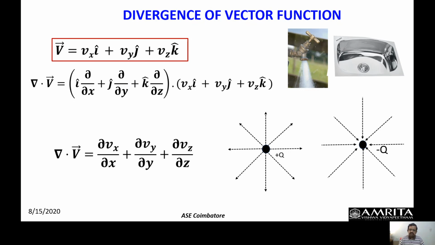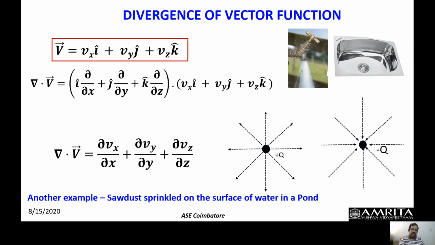We will be seeing this in the divergence theorem. At that time, I will again explain. There is a beautiful analogy here. Now another example, as I told you practically just a minute ago, is when I put sawdust on the surface of water, standing on the edge of a pond. What I see is, if the sawdust that I pour at a point on the surface of the water spreads about that point, so with reference to that point, it spreads out.